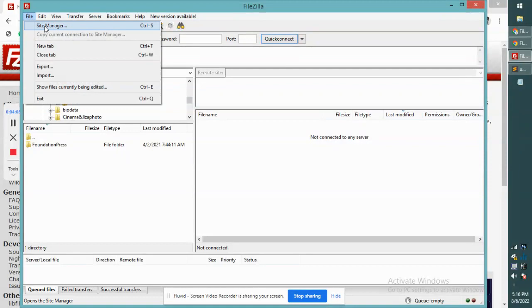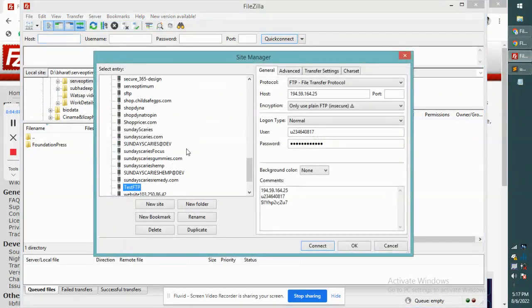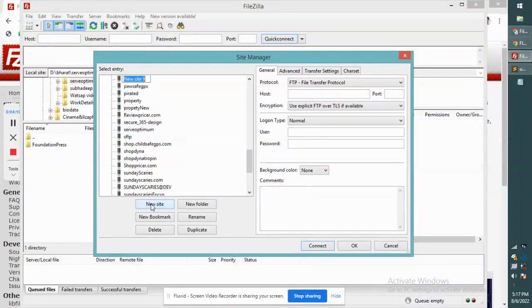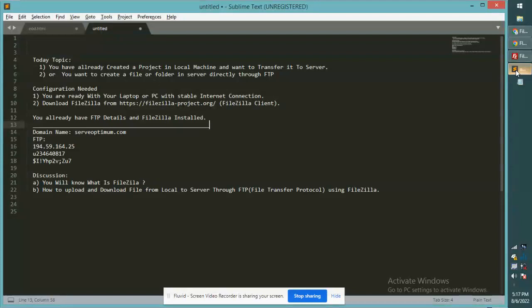go to File and Site Manager. Now you can see there are so many FTP sites already created, I have created them, but you have to create a new site. So I click on New Site and you can give a name like test server, whatever name you want you can give here. And you already have the FTP details,